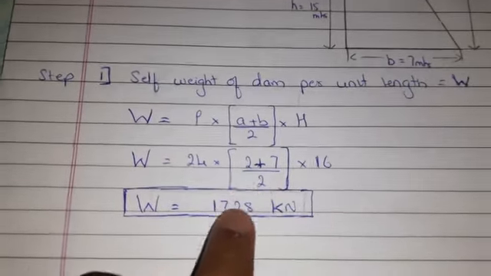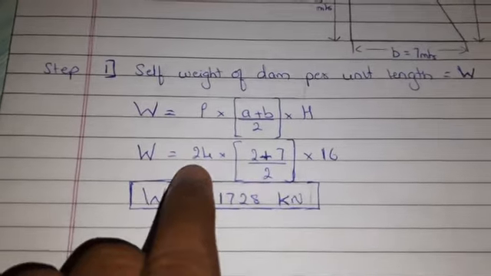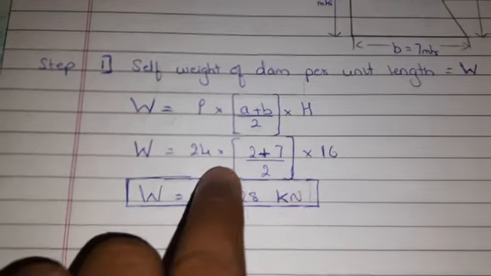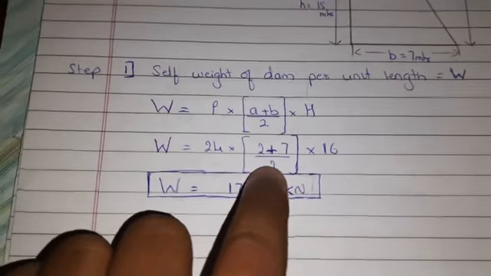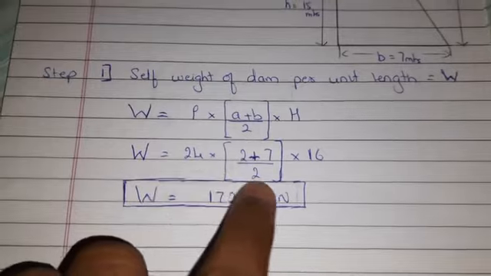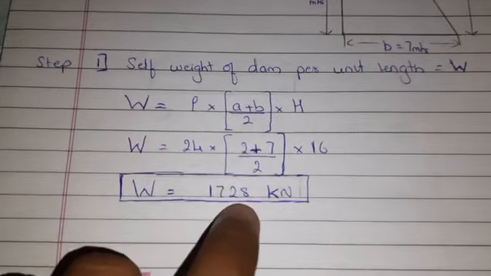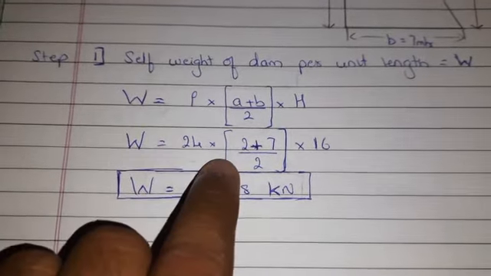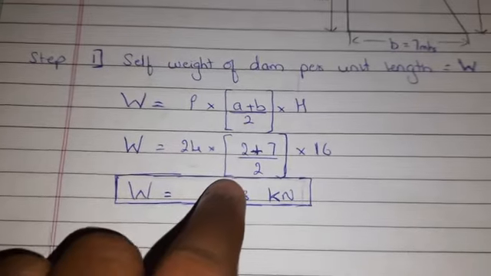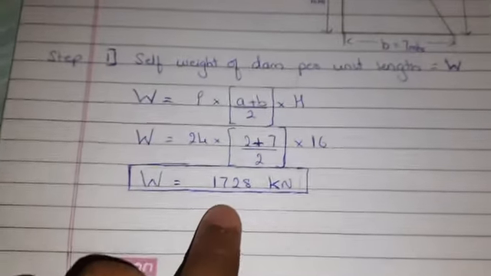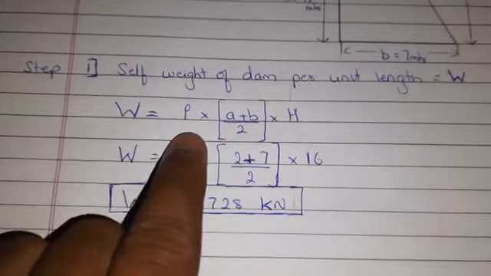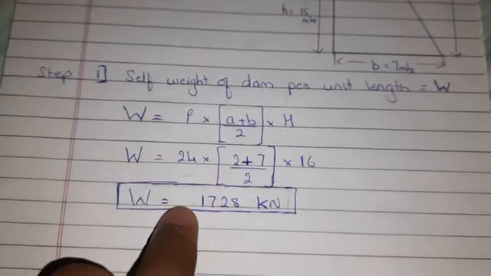To get this answer, I have used the brackets, and in the same way you have to use the brackets. Don't put all the values together in the calculator, you will get the wrong answer. Where we have to use the brackets, you have to use the brackets to get the correct answer. So the self weight of the dam calculated is capital W equals